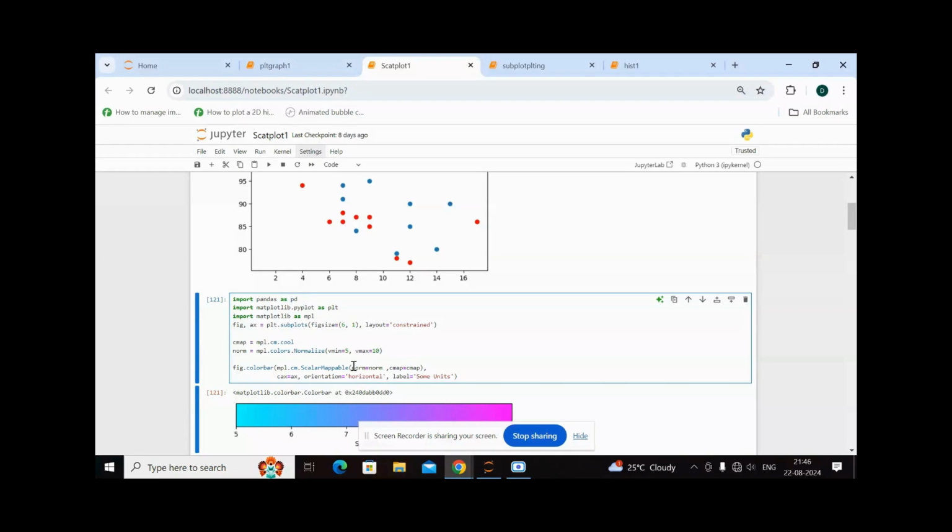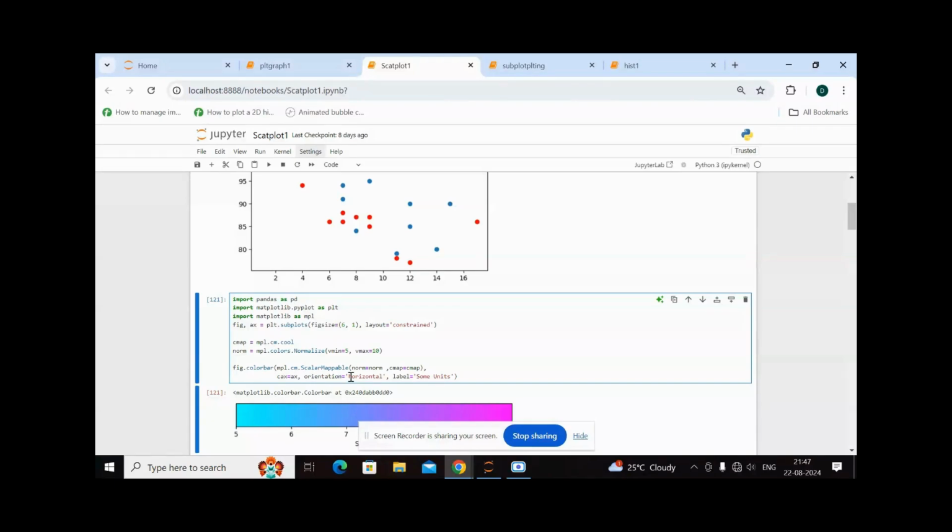This shows the normalized graph, and cmap shows the color map of the bar. cx is assigned with x. This we have to mention properly. If we mention this, the graph will be formatted in the particular line. If we remove the cx and put only x equal to x, then the plotting of the graph will be different.